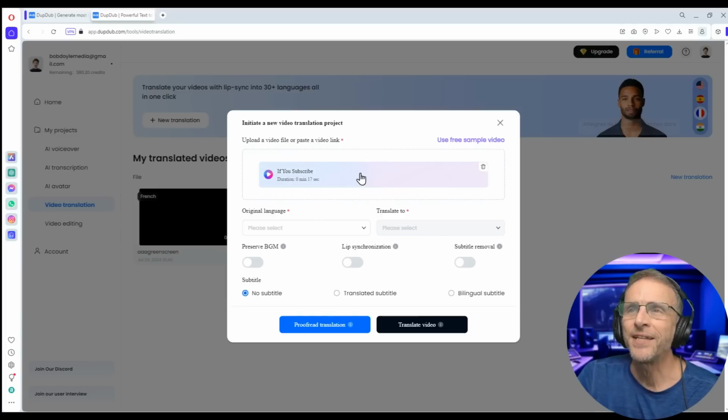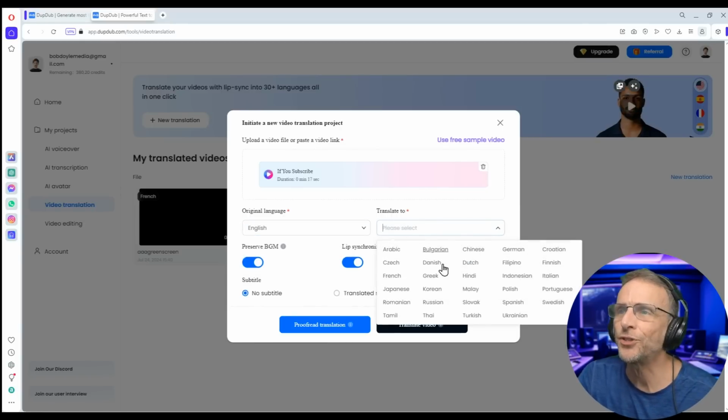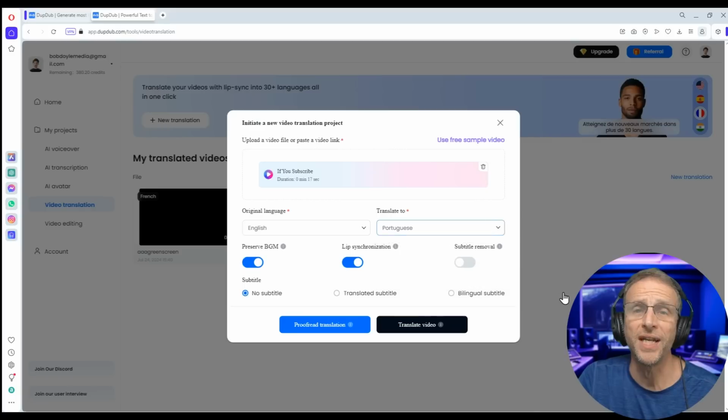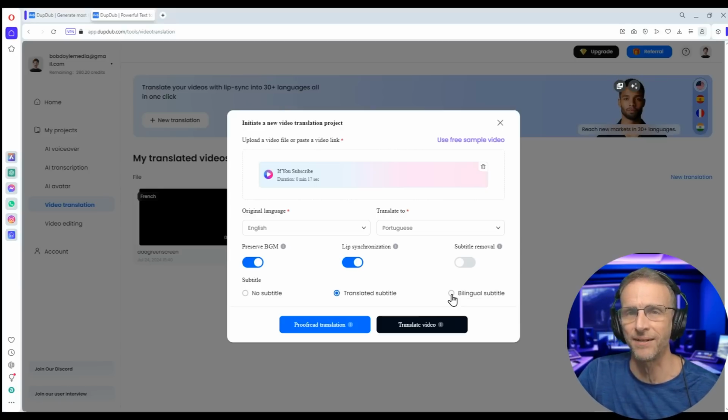Let's drag it right into the interface here. We're going to click on lip synchronization. We're going to say to preserve the background music that we have there. The original language is English. And we want to translate it to, let's say, Portuguese. And we will have the translated subtitle available there too. We could also choose the bilingual subtitle, which will put both the English and the translated version down there,